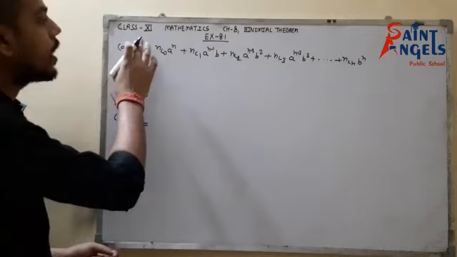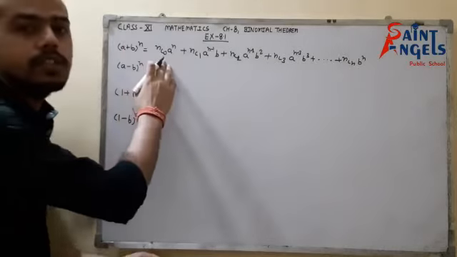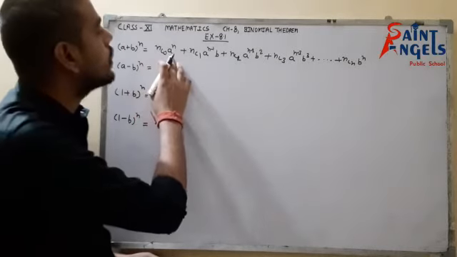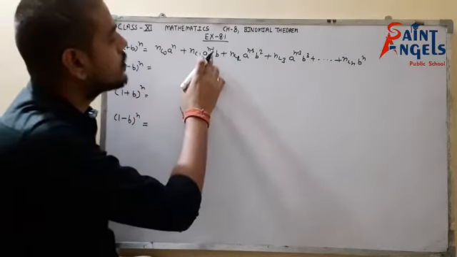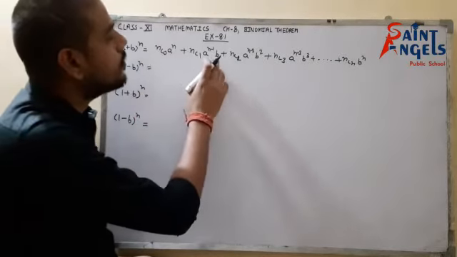So in the previous video, we have seen the formula for the expression for the binomial theorem. Now there are some applications of that formula. Suppose the formula was (a + b)^n equals nC0 a^n, nC1 a^(n-1) b plus nC2 a^(n-2) b squared and up to nCn b^n. And the pattern was that when we are moving from left to right, the power of a is decreasing by 1 and the power of b is increasing by 1.